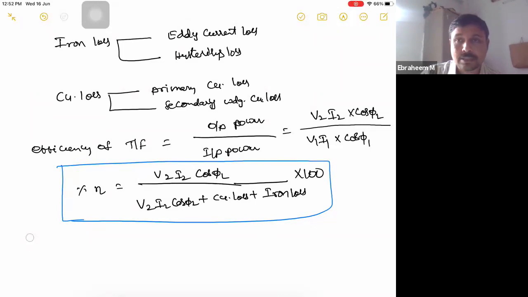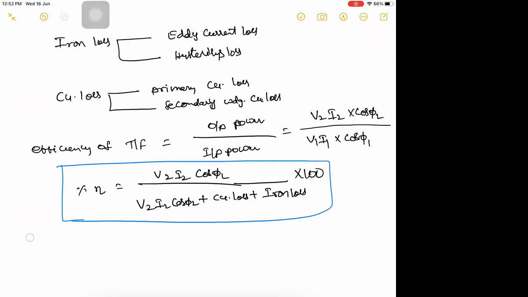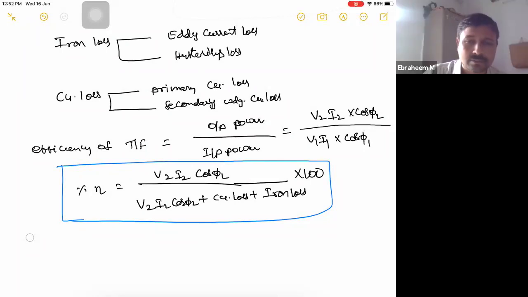In the next class we will see the losses, the calculation of efficiency, and what this power factor is in detail. If you have any doubts you can ask, else it is already 12:52. We can end the session. Do you have any doubts? No, sir. No one has a doubt, right? Thank you. So in the evening from